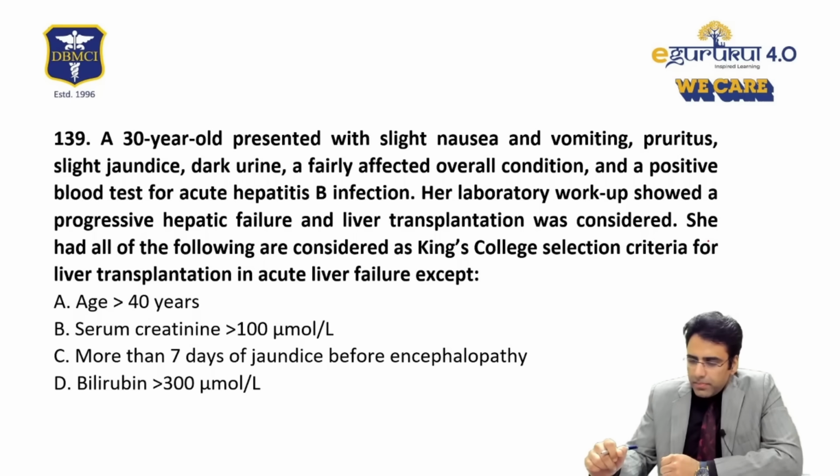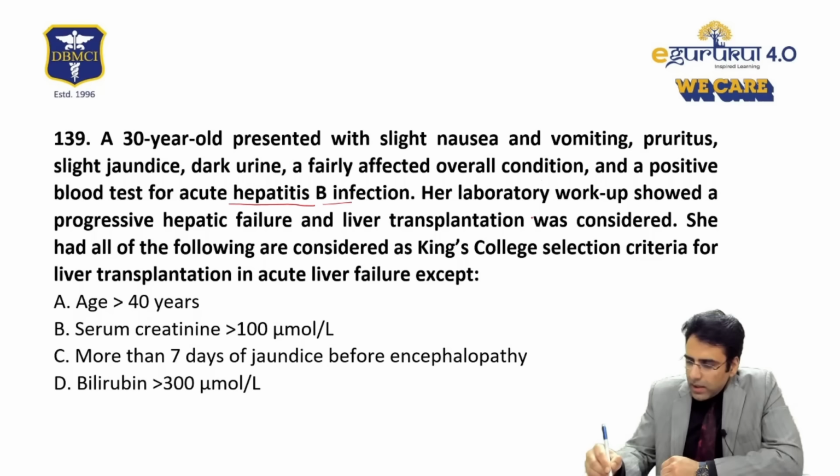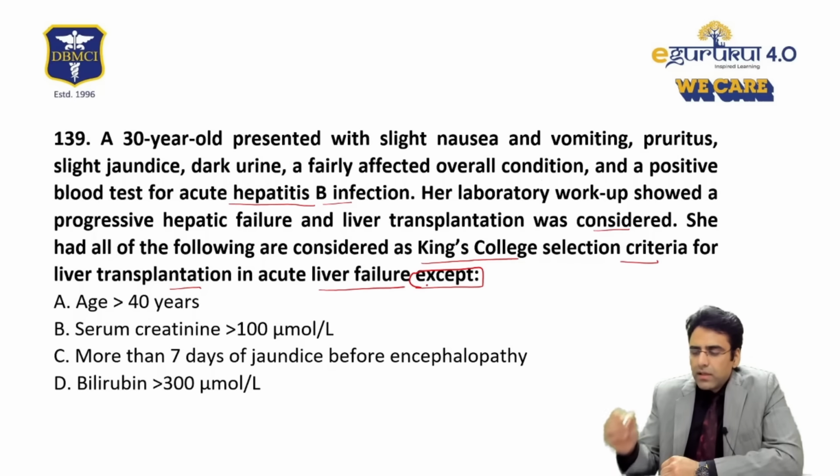A 30-year-old presented with slight nausea and vomiting, pruritus, slight jaundice, dark urine, a fairly affected overall condition, and a positive blood test for acute hepatitis B infection. Her laboratory workup showed a progressive hepatic failure and liver transplantation was considered. She had all of the following, which are considered as King's College selection criteria for liver transplantation in acute liver failure, except